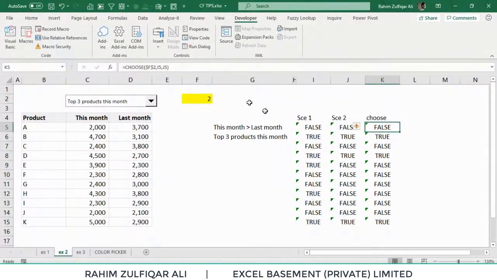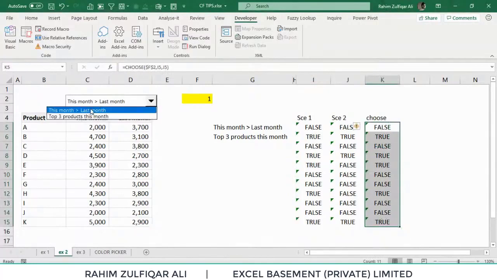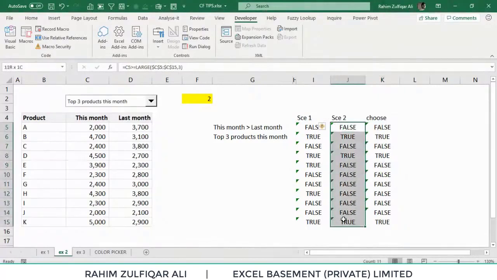As a demonstration, if I select the first situation from this drop down menu, the CHOOSE function copies this entire column here. And if I select the second situation, the CHOOSE function copies the entire column of scenario 2 into the choose column, which is column K.